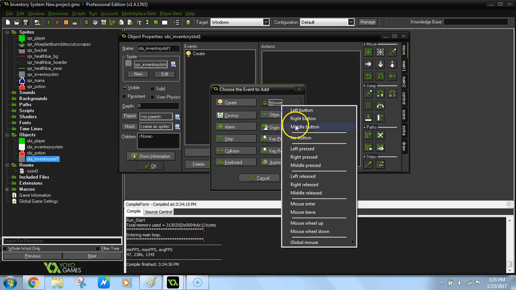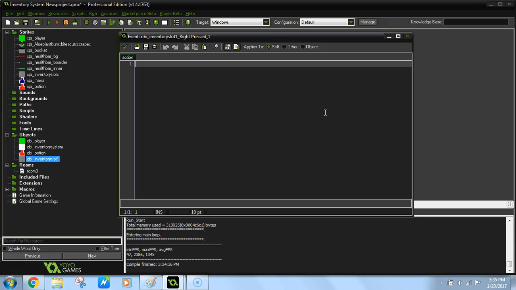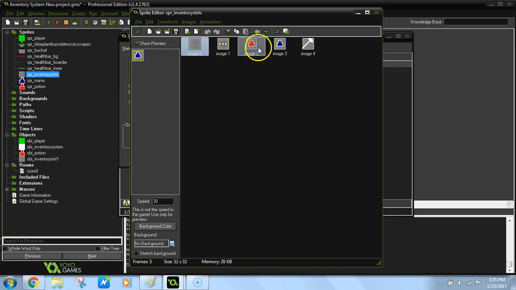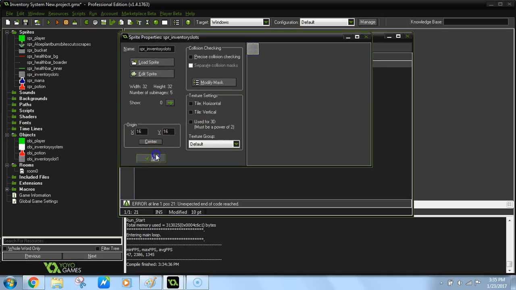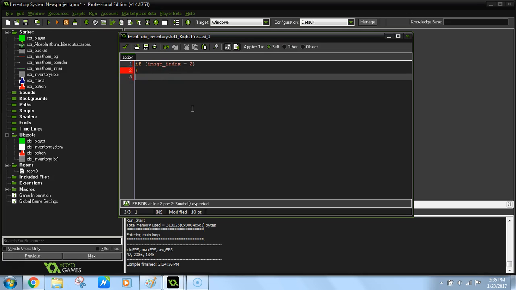We're going to add an event which is going to be mouse, let's say right pressed. So if we right click on the little inventory system, if image index is equal to 2, because as we can see, if we go back in here, that's going to be our image index 2 right here. So if we right click on it, if it has this, then we're going to make it so it turns back into this, and we're going to spawn the potions right in front of the player. So if that happens,